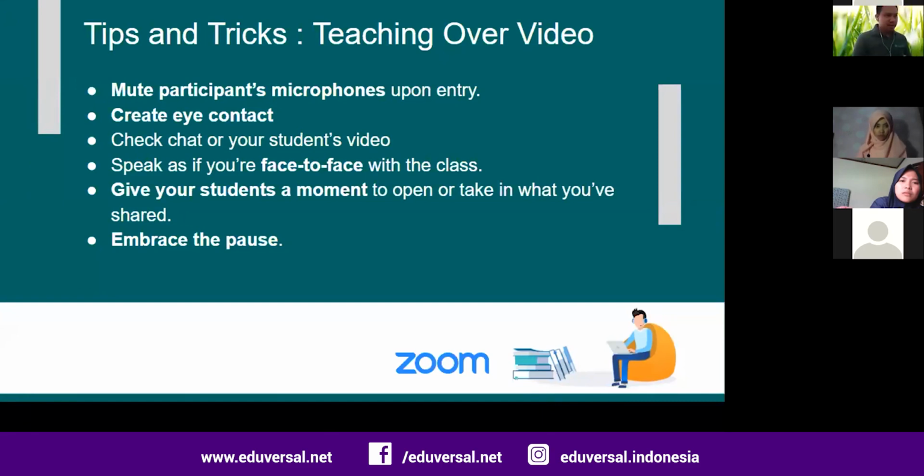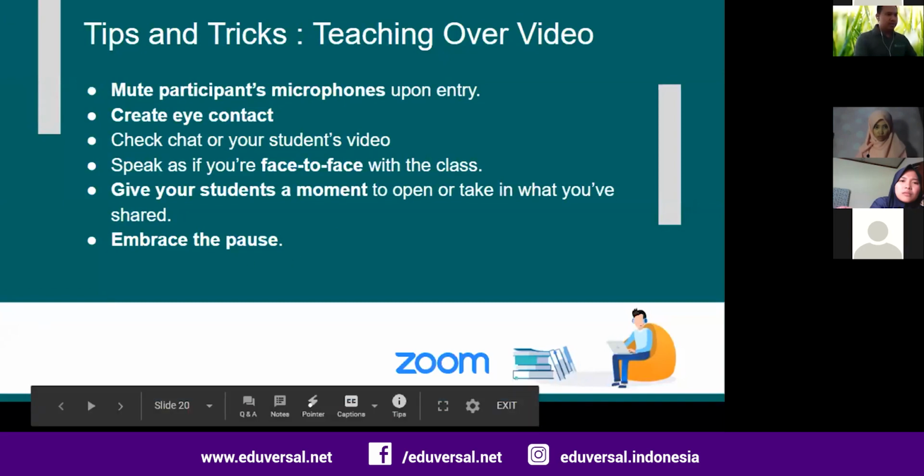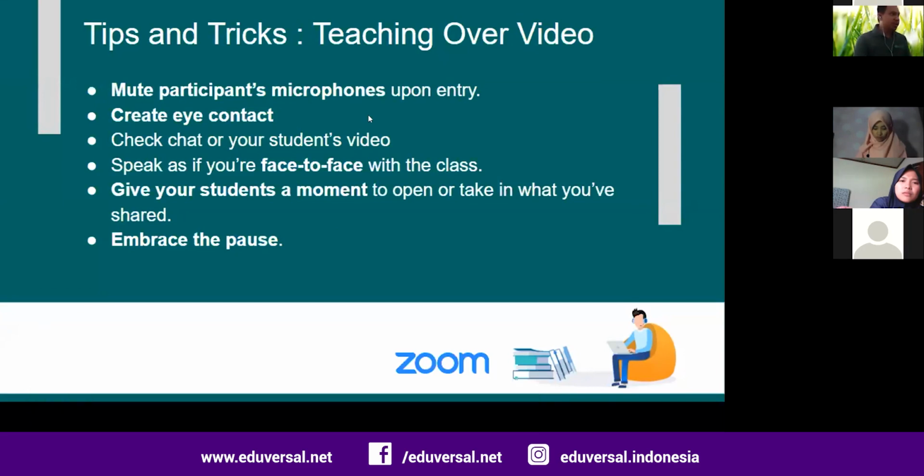And sometimes you need to give the students a moment or a pause when you share a document, for example your screen or the whiteboard. And sometimes we can use the pause if you want to do anything else on the screen but you don't want the students to see your activity, so you can do that as well.